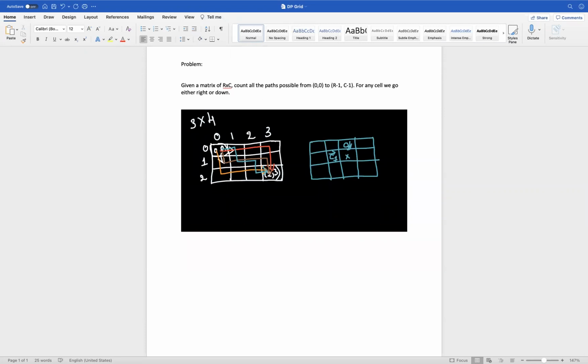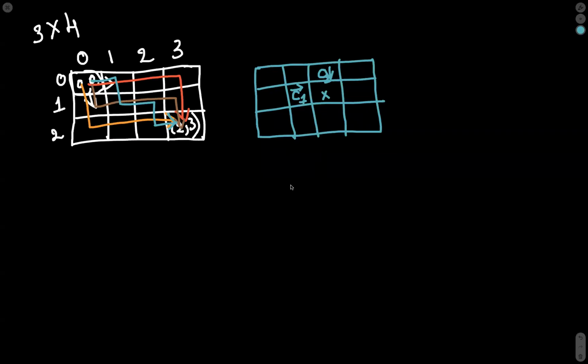I'm considering C of i comma j is equal to... If I want to find the total number of paths for a given cell, I'm considering this cell as my end index, the final destination.